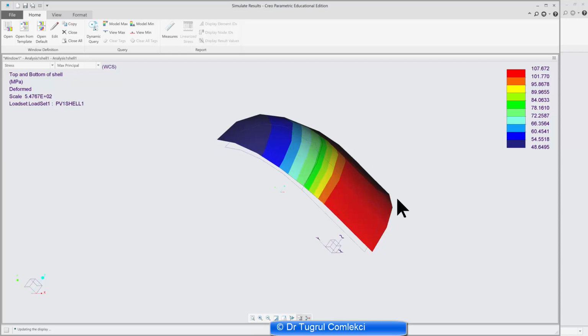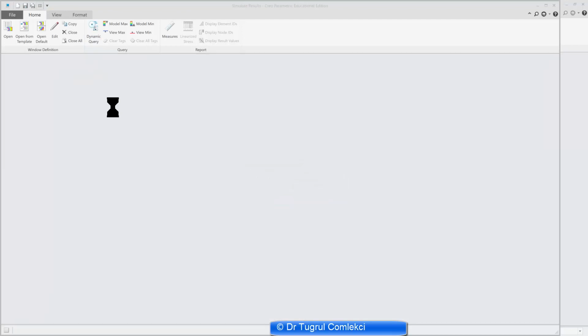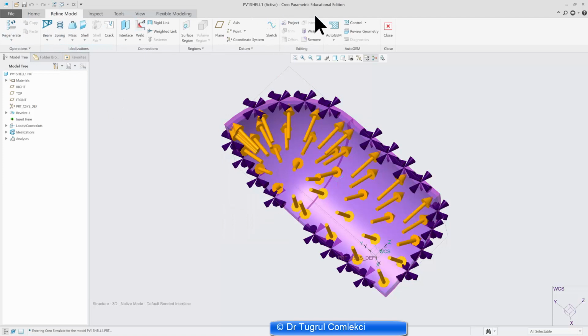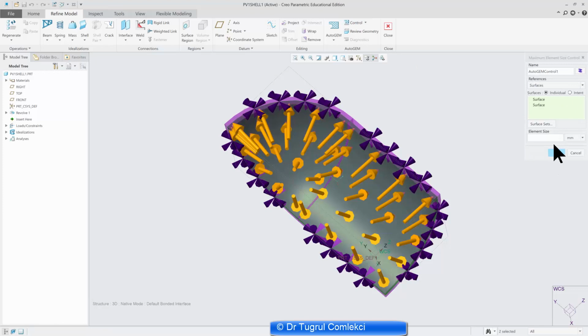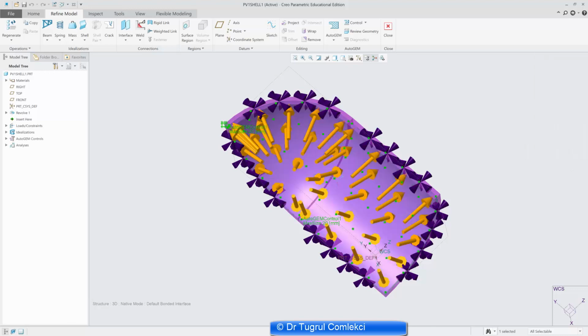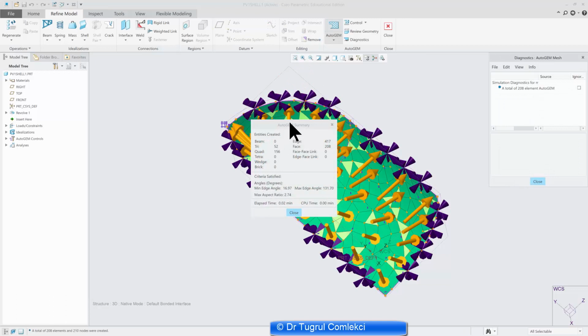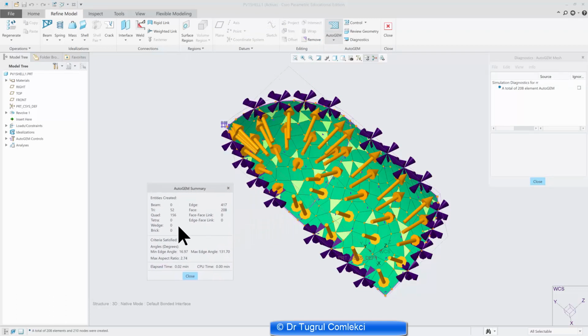So these results look fine, but I've used the default mesh, so I can go back and improve my mesh. Let's do that. I can close this, don't save, and close that and refine my model. And in terms of controls, I can select the 2 surfaces I created, and let's make, say, element size maximum 20 millimeters. And if I do AutoGEM to create my mesh, I can see that it creates a couple of hundred elements,